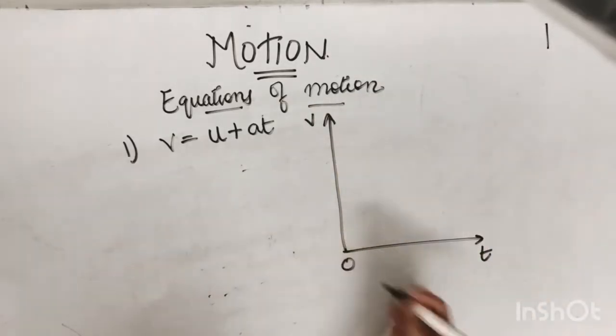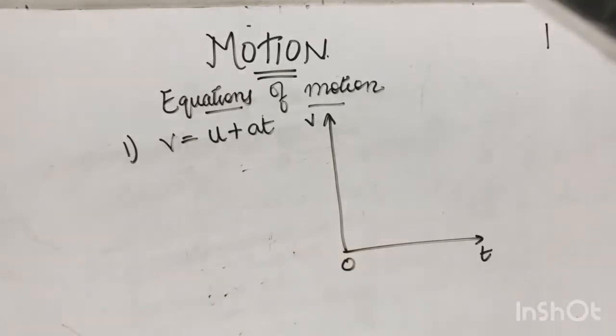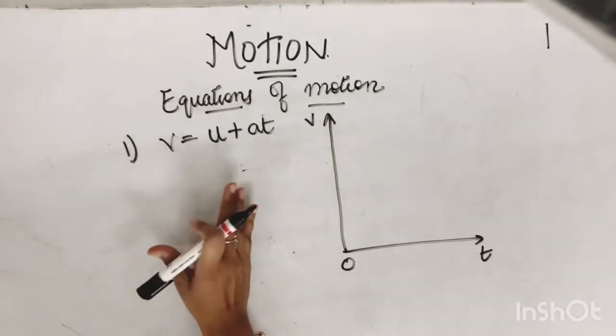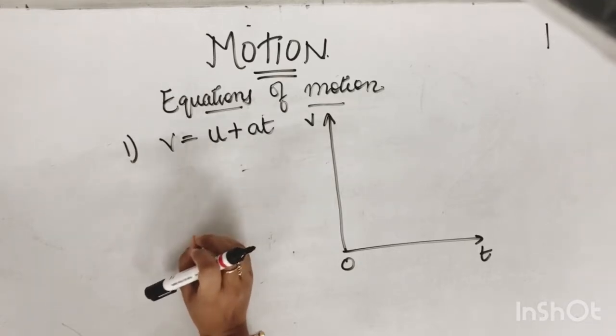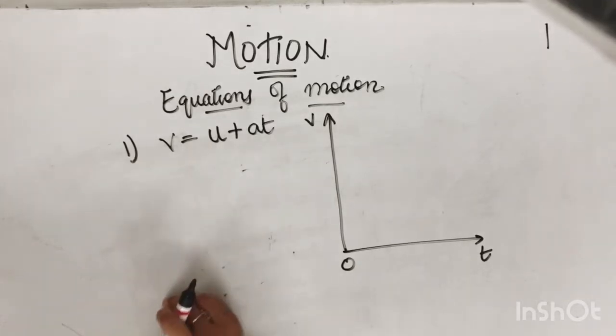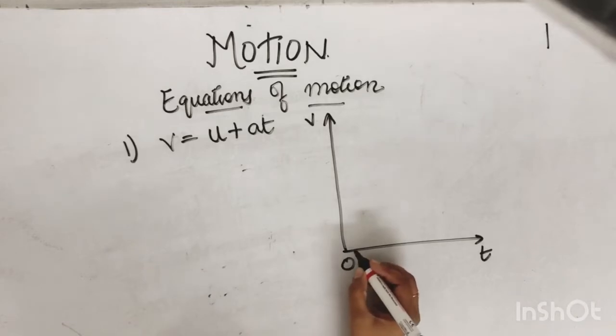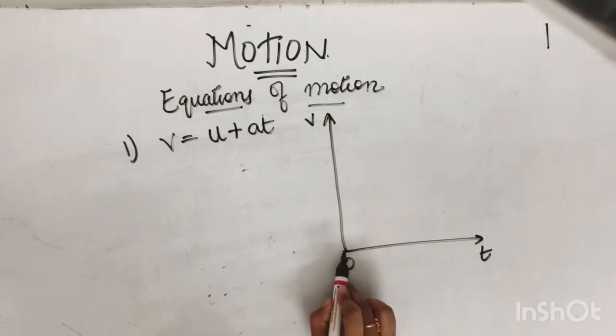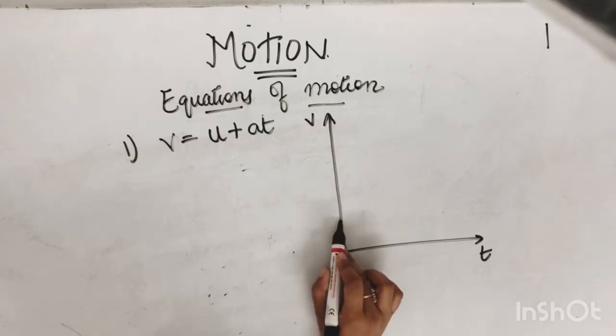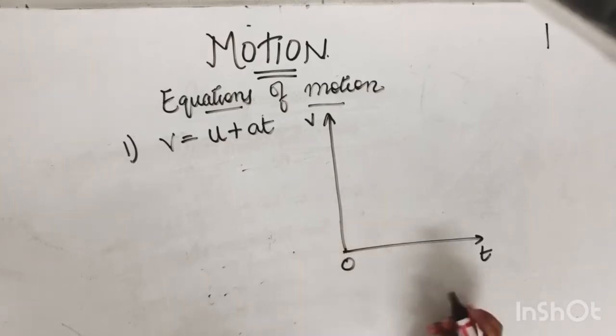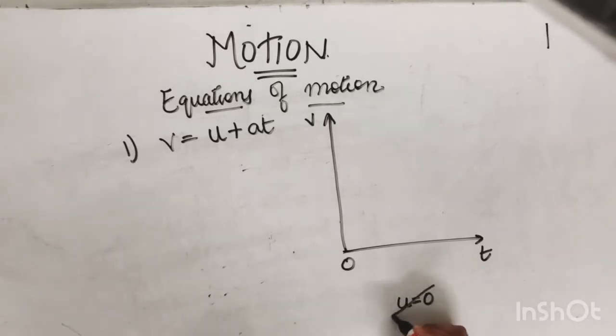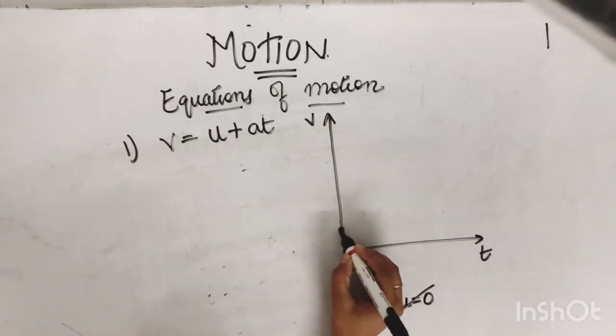Time, velocity, this is origin. Now we'll draw a graph for uniform acceleration. So do you remember what is the graph for uniform acceleration? A straight line inclined at an angle theta. So we will draw a straight line, but we won't start the motion from origin, because it is possible that the body has some value of initial velocity. If we'll start the graph from origin, it means that initial velocity is 0. But it can be possible that initial velocity has some value. So we'll start the graph from any other point than origin.